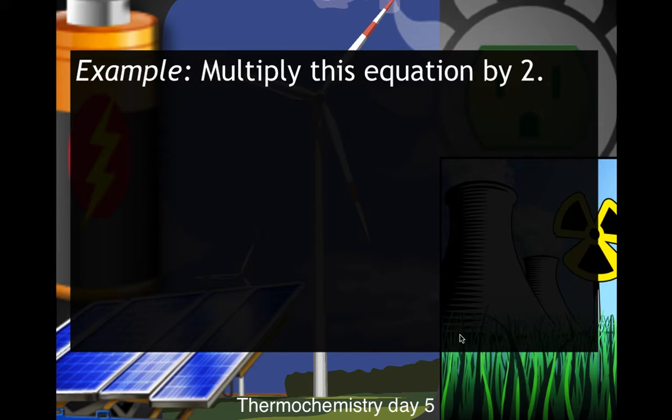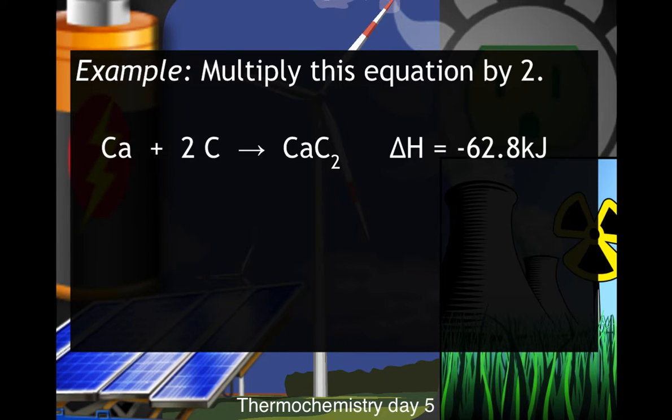So if we're going to multiply an equation by 2, here we have our equation with a delta H of negative 62.8 kilojoules. If I'm going to do this reaction and use twice as much of the reactants, the delta H will be twice the size. So this gets multiplied by 2,